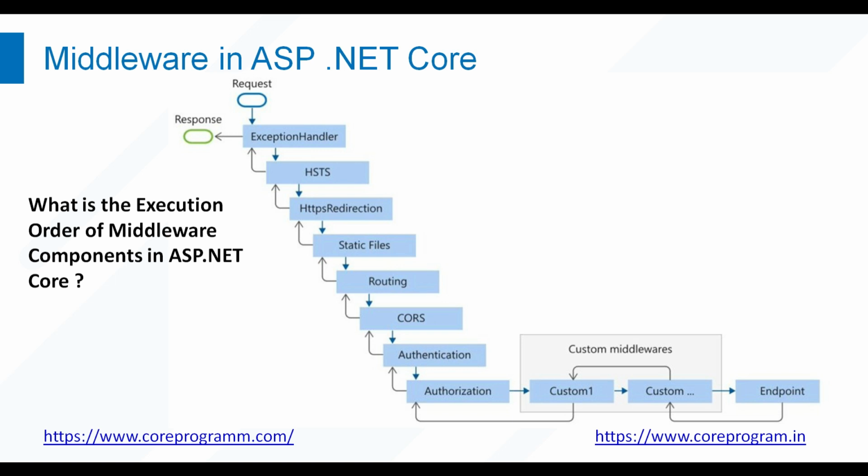Let's discuss the most important point about middleware, the execution order of the middleware in ASP.NET Core. As of now, we know that when a request comes to the server, it first goes to the middleware. There are several middleware available in the component, so we need to understand the order flow. When the request comes to the configure method, first the exception handler middleware is called. Then HSTS for transport level security, then HTTP redirection, then static files, then routing, then CORS, then authentication, authorization, then the custom middleware, and finally the endpoint. On the endpoint, the same rule is followed to respond back.